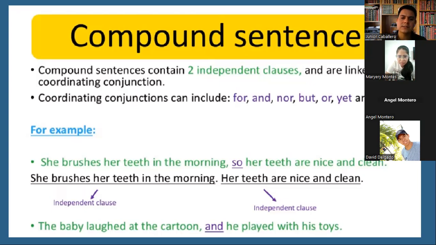Lo que estoy haciendo es, imagínense que yo quiero escribir eso para alguien. Para no poner un punto y seguido, she brushes her teeth in the morning, punto. Her teeth are nice and clean, punto. O sea, para no hacer tanto eso, entonces hacemos uso de los coordinating conjunction o de las oraciones compuestas para unir oraciones sin tener que estar poniendo punto cada rato. Chicos, vamos a